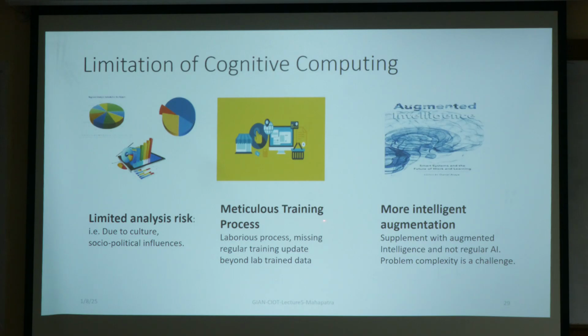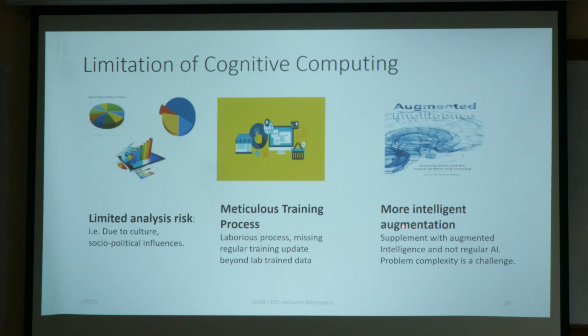Now, the meticulous training process. We have many training techniques adopted, not necessarily all of them perfect. In a growing data set, any training you do is a very laborious process. Quite often, the data are not updated on time. Sometimes there is too much data to be handled. So this area is weak, because if you are able to process this well, then your cognitive decision making capability is better.